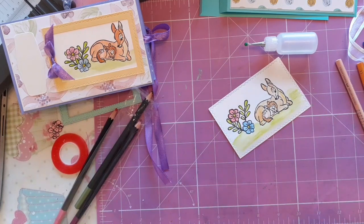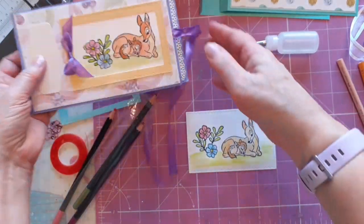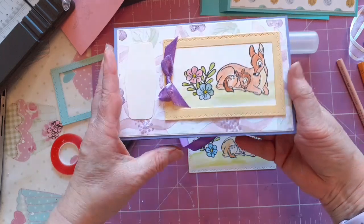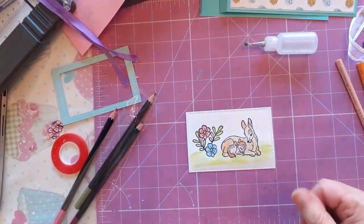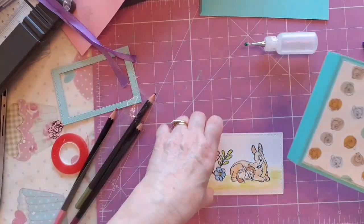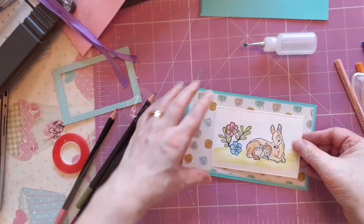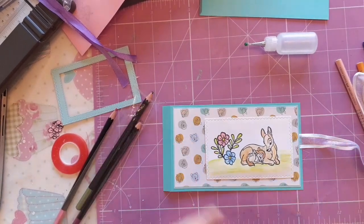So there we go, that's the image done so far. So this is what we are doing. So I've started off with the layering now, and it's not wet on the back, so I'm going to cut out from the